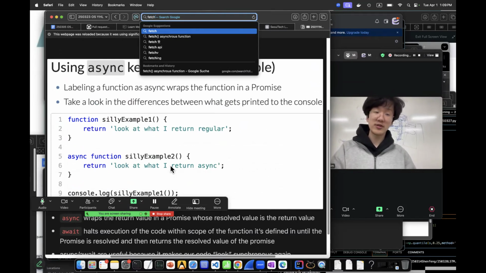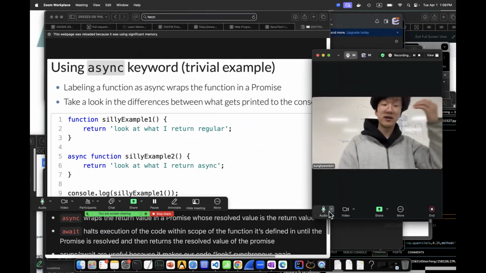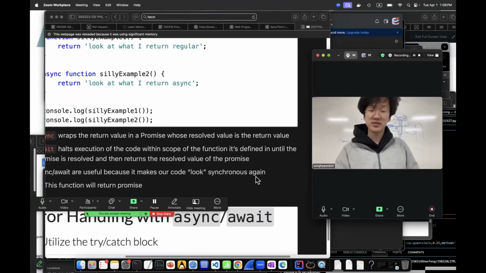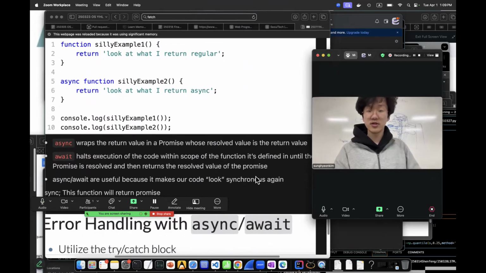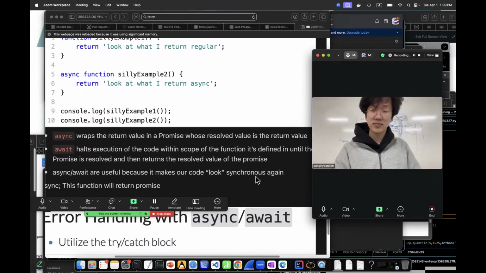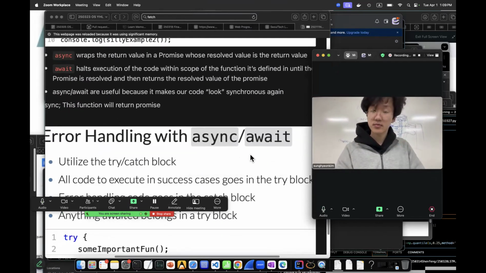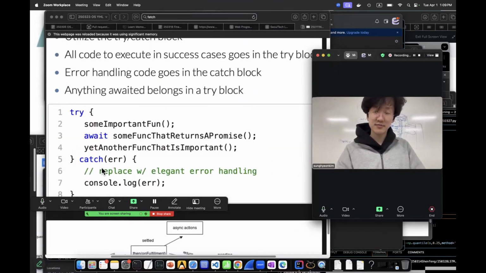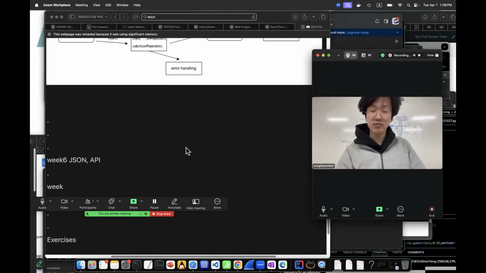This is async and await, what I told about here. Async will wrap the return value in a promise, so the result value is the return value. Await halts execution of the code, so it is waiting. This is error handling: basically try and catch, and this is how promises work.